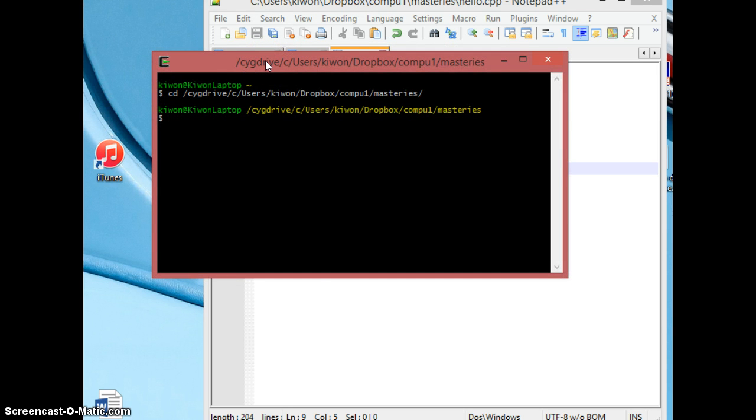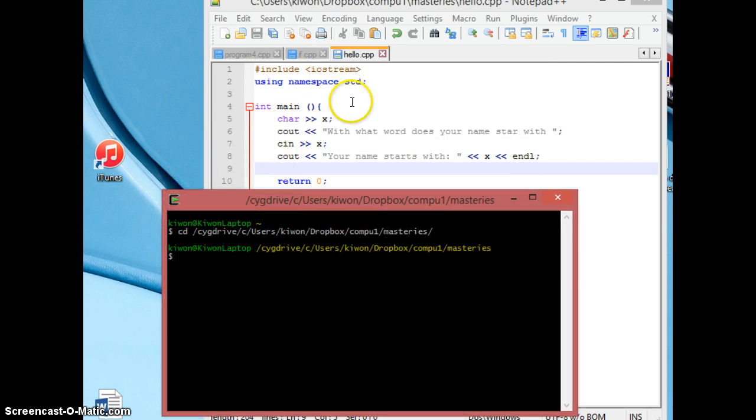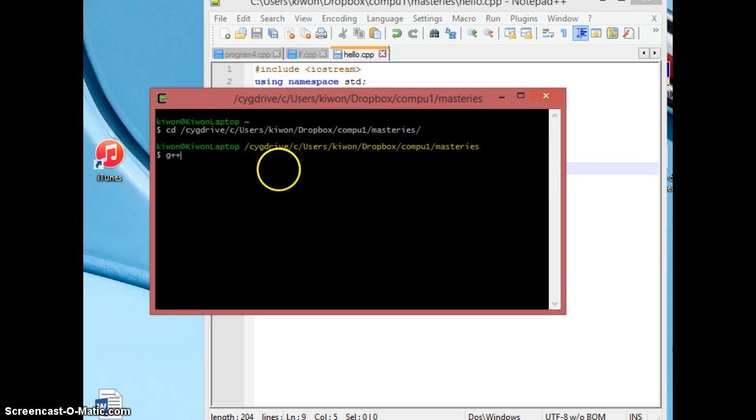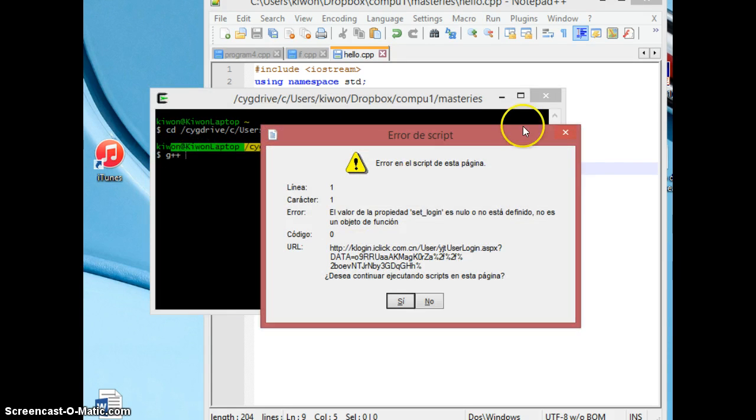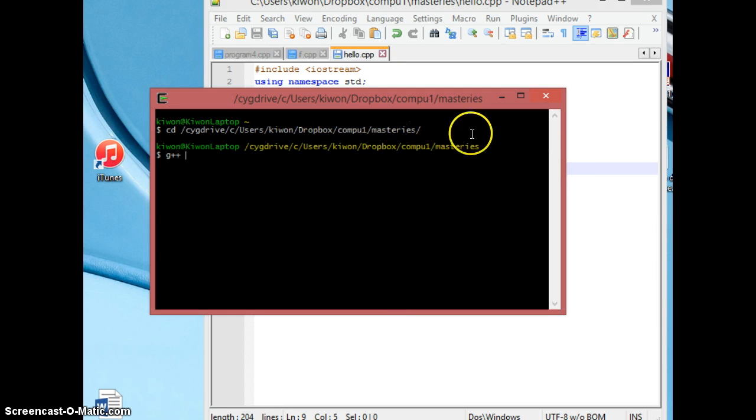This is where we can compile a program and even run it here. So after making a C++ file, I'm going to compile it. You compile it by writing g++ space and the name of your file. But first you need to find the directory which I used here. The directory which I used here, it's inside my users, key1 Dropbox, comp1, and masters. So after writing this directory down here, I'm going to compile my program. It's called hello.cpp,